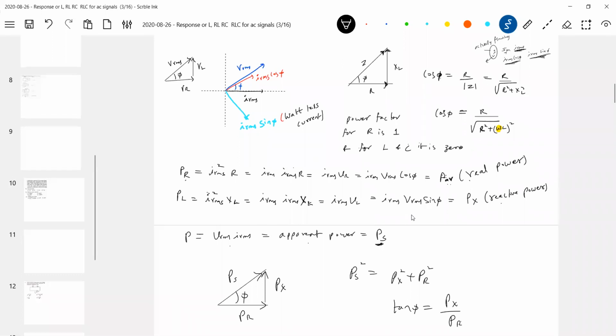In some books they have avoided this, but definitely they'll ask you. If they give reactive power and resistive power, from that we'll get the phase angle. From the phase angle, you can calculate the power factor and all other things related here. Okay, this is about all the conclusion.